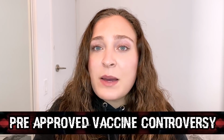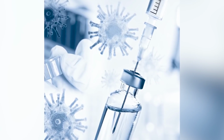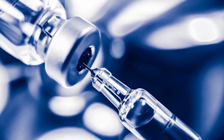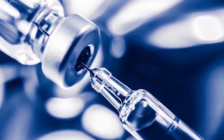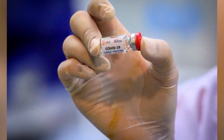Since the start of the pandemic, companies have been in a race to create a vaccine that can help return our world to normal. Of course, now in 2021, there are a few options for vaccines that are being distributed, while other companies are in the trial testing phases to ensure that the vaccines are safe for humans. These testing trials are absolutely critical, as there is a level of trust with these kinds of things that is